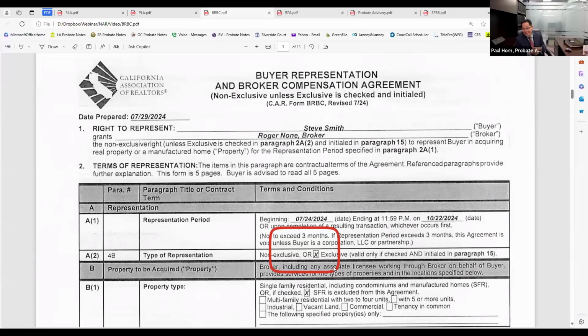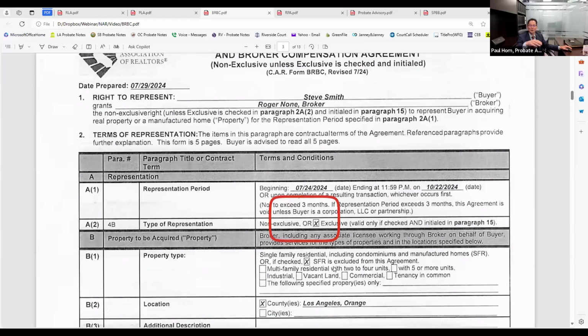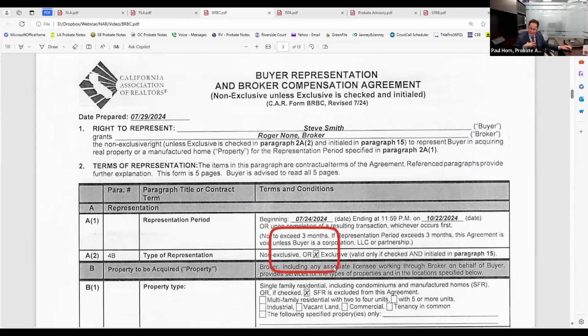Maybe some loyalty, buyer. How about we do exclusive? Very important on this form: if you don't want to work for free, you want to have some assurance, maybe exclusive is the way to do it, and it needs an affirmative check mark. It says exclusive.